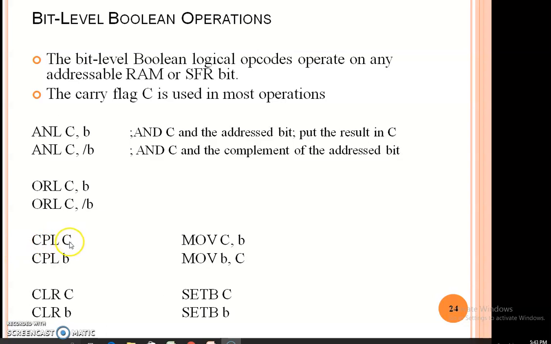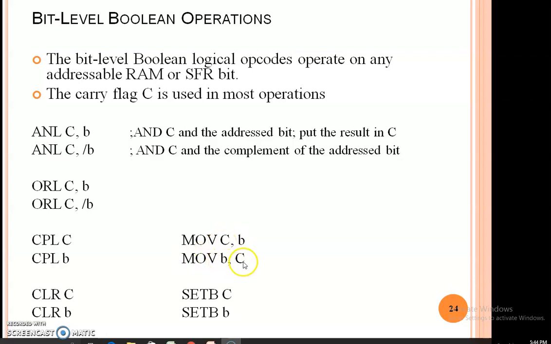Next, CPL C means complement the carry flag, and CPL b means complement the single bit address: that address has one data, 0 or 1, you complement it, and the result is stored in that same location only. Then CLR C, you are clearing the carry flag, resetting it. Then CLR b, you are clearing the single bit provided by the address. Then MOV C, b: b is one single bit address, and that bit is moved into the carry flag.